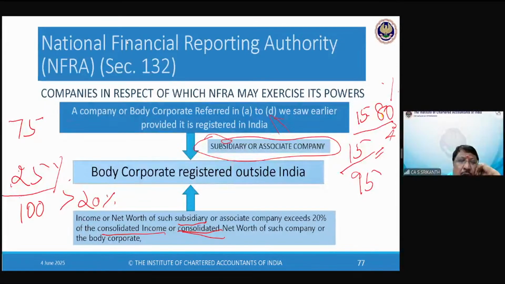The section does not talk about joint venture here. If you want, I can check once more. You also check in the institute material. To my knowledge, it doesn't talk about joint venture, only associate and subsidiary. Okay, to answer your question, Anubhavji, only subsidiary and associate. Joint venture, no. I'm sure.